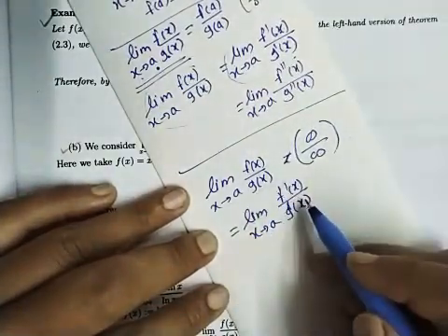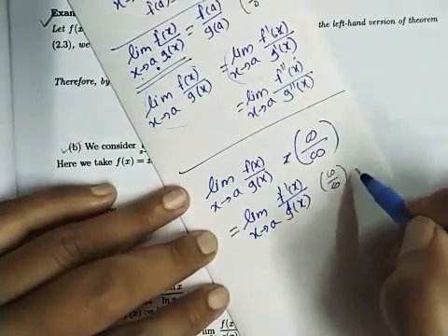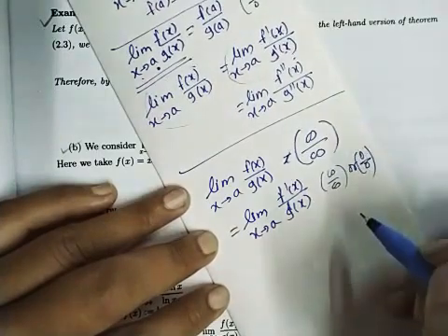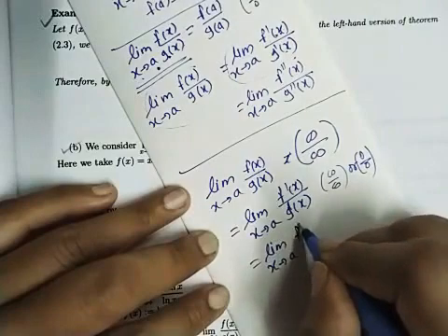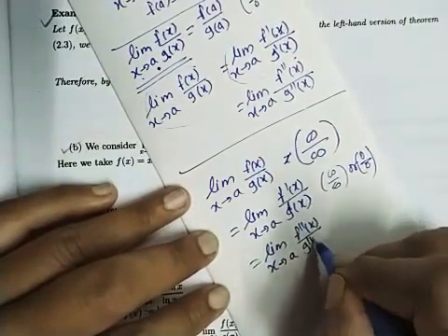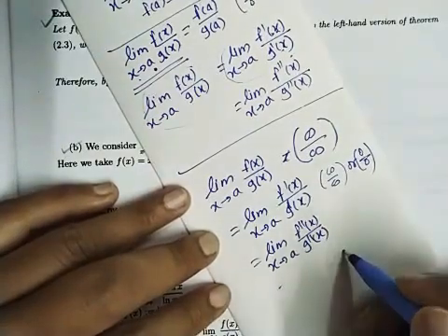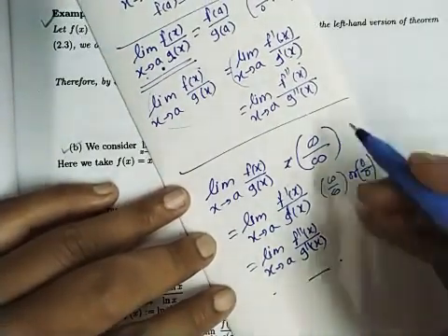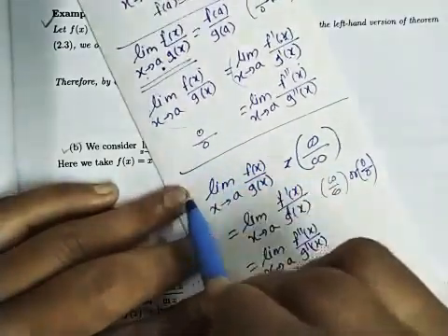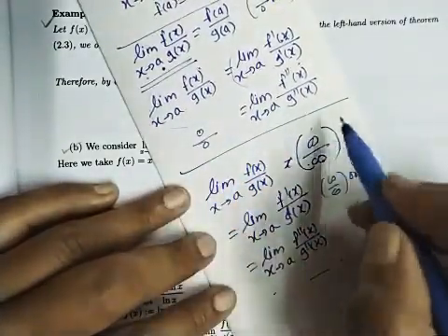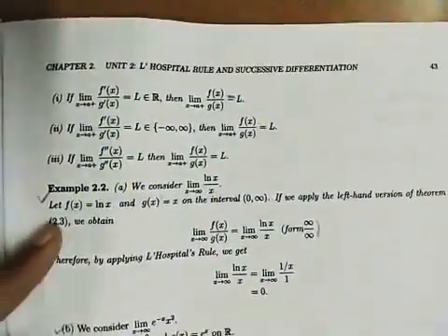If a finite limit exists, then okay. If it is again infinity upon infinity form, or it may be 0 upon 0 form, then we again take its derivative, limit x tends to a, f double dash of x upon g double dash of x, and further we get a finite limit somewhere. So the difference is, in L'Hospital rule 1 we get 0 upon 0 form, in L'Hospital rule 2 we get infinity upon infinity form. So that is L'Hospital rule 2.